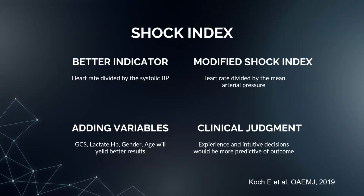Anyone else? Tanya? Anaphylactic. Sir, is it like